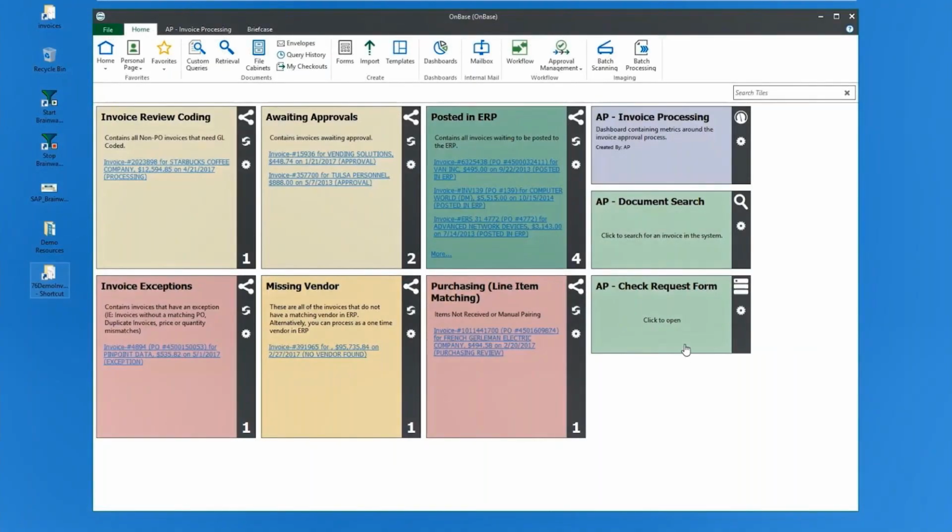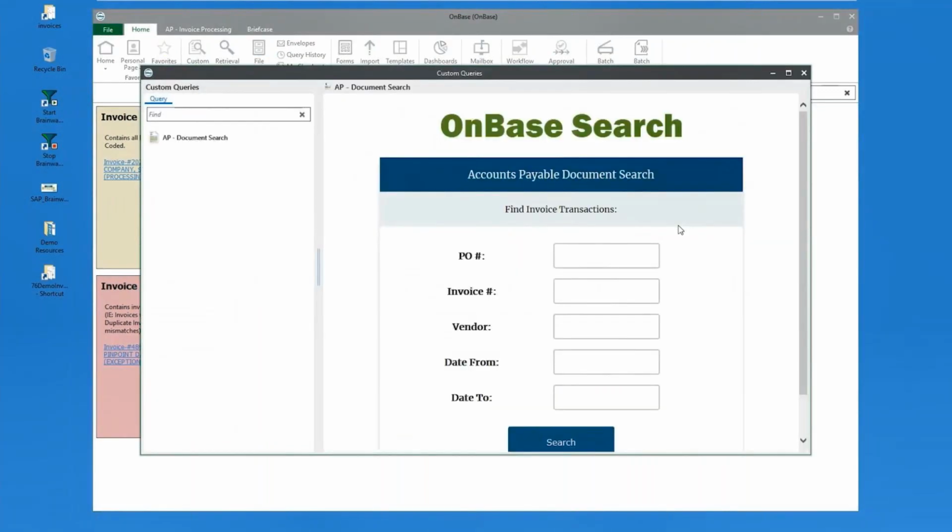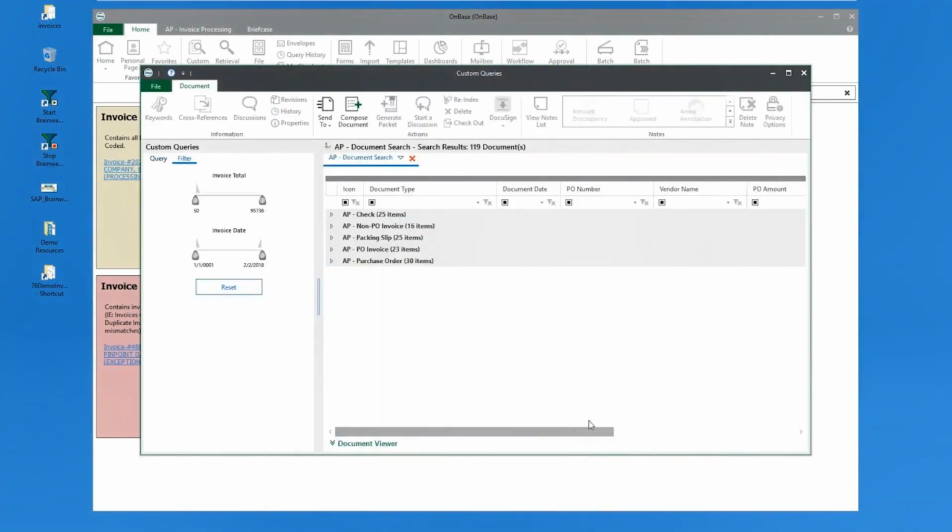So finally, I'm going to end this demo by searching for invoices and related documents. Here I have a shortcut to document search. And when I launch this search, I could now search by any of these keywords. So let's say I'm going through an audit and the auditor requires a certain set of invoices. For demo purposes, I'm going to leave this open-ended and search with no data. So I pull back all of the document types that make up my AP process,